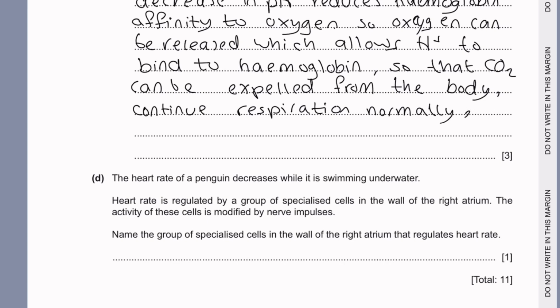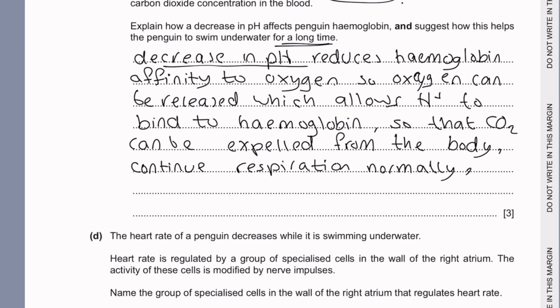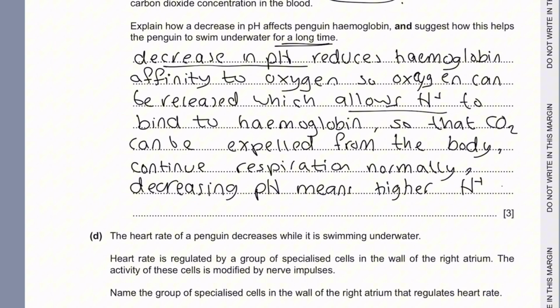Now, obviously you can here link the decrease in pH with the hydrogen ions because it's not very subtle for you to just go, oh, decrease in pH allows hydrogen ions. Okay, a decrease in pH has to do with hydrogen ions. So we can say basically that decreasing pH means higher CO2 concentration, which is why the hemoglobin has now a higher affinity to hydrogen ions. Higher hydrogen ion